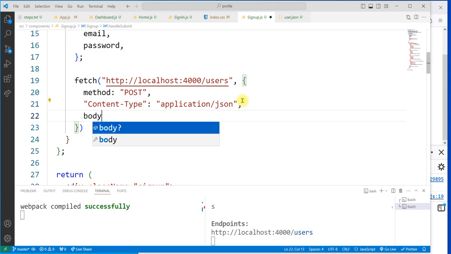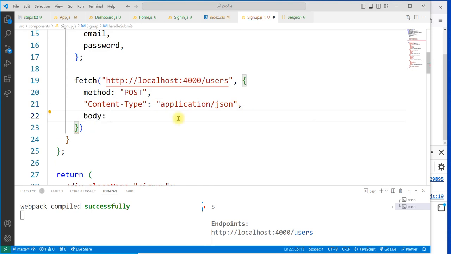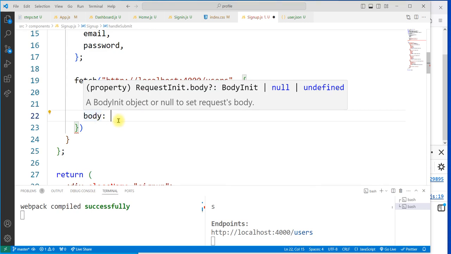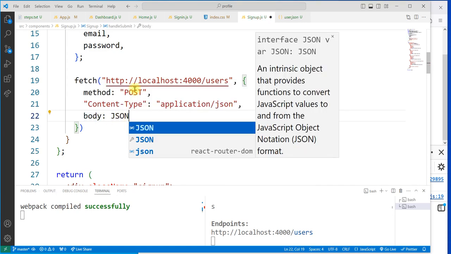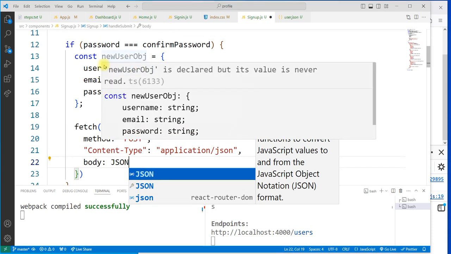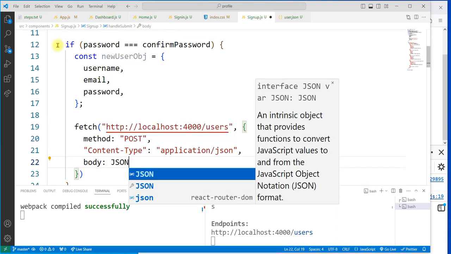And then the data itself we are going to submit is going to go through the body key. So we have it in the form of an object, but we can't pass the object directly into a JSON file. So